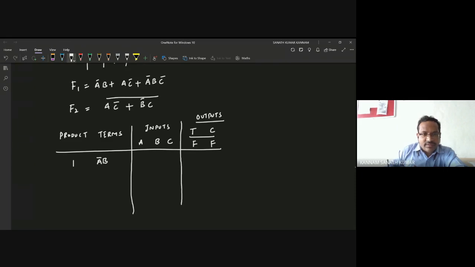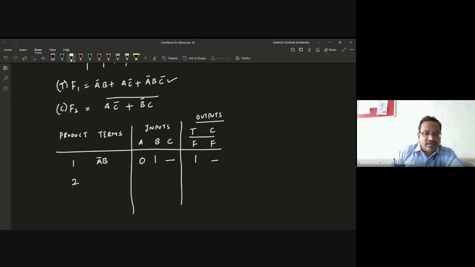Okay. So that means you can write 0, 1, and C is not there. This you can write as don't care. So this is there in the true form. So this is nothing but the true form, and this function is nothing but the complemented form. Okay. So that's why I should write this as 1 and this is don't care.